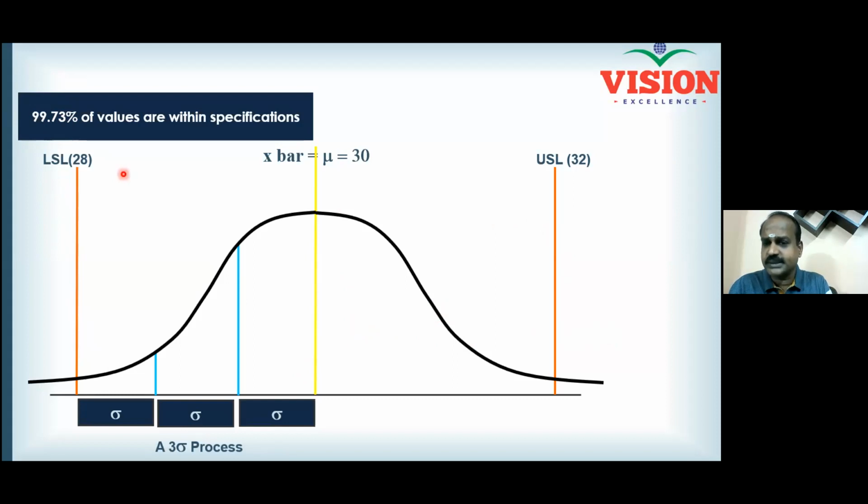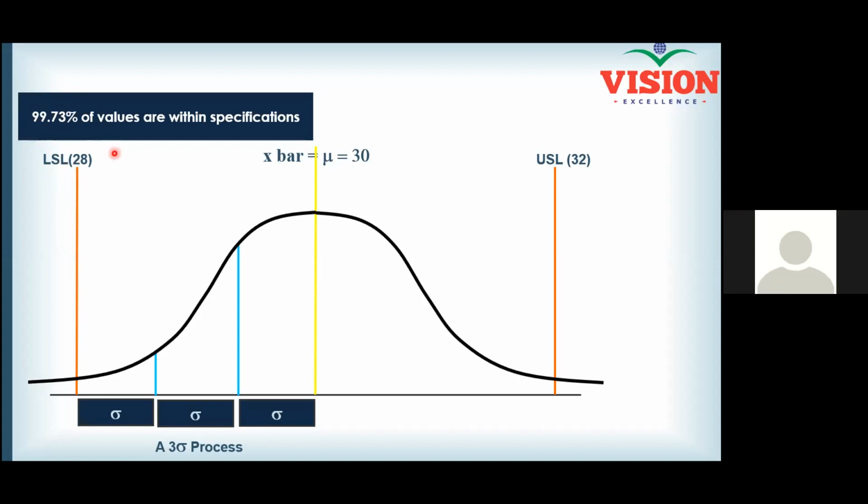And is it a short-term success or long-term success? Short-term success. What is the difference between short-term and long-term? Long-term means you will be able to meet even an increase in demand. Today, you are producing 1,000 units a day, and after 6 months, you may produce 10,000 units a day, but still your capability remains the same. That is called long-term capability. But this 99.73 you are seeing is only short-term capability. Simply meaning, if the demand increases in the future, failures will be more. You can't say 99.73 at that time. Obviously, you will see more failures.